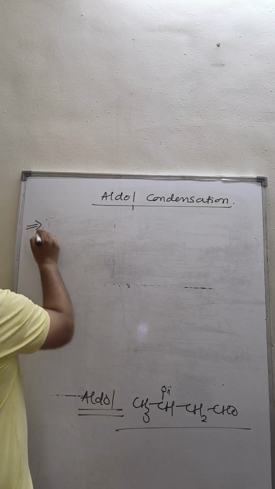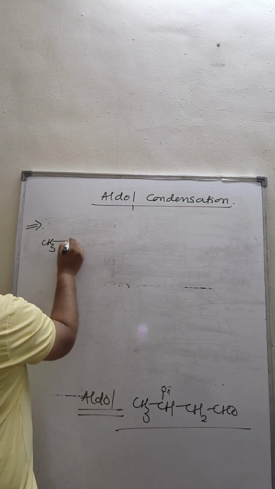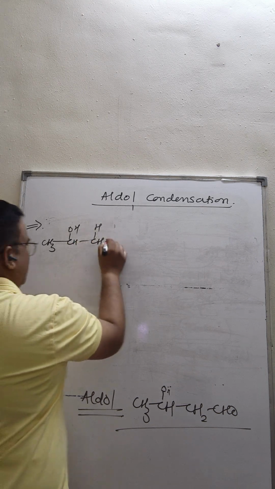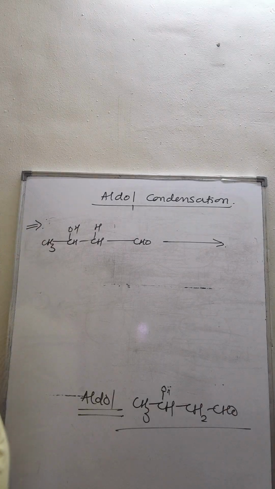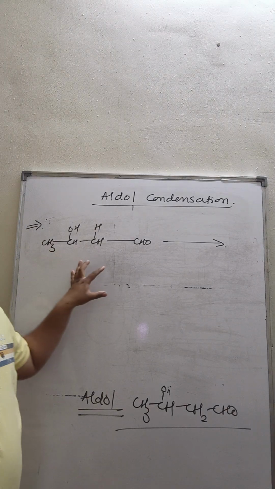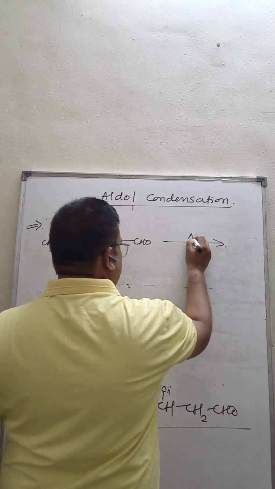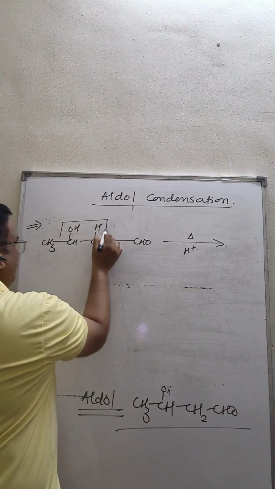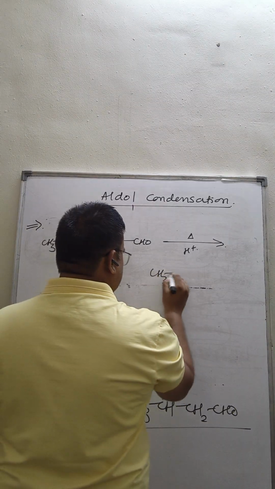Now the final step after the formation of aldol is the elimination of water, my friend, in this manner. So when we heat this aldol product in presence of acid, the elimination of the water molecule takes place in this step, and as a result of this,